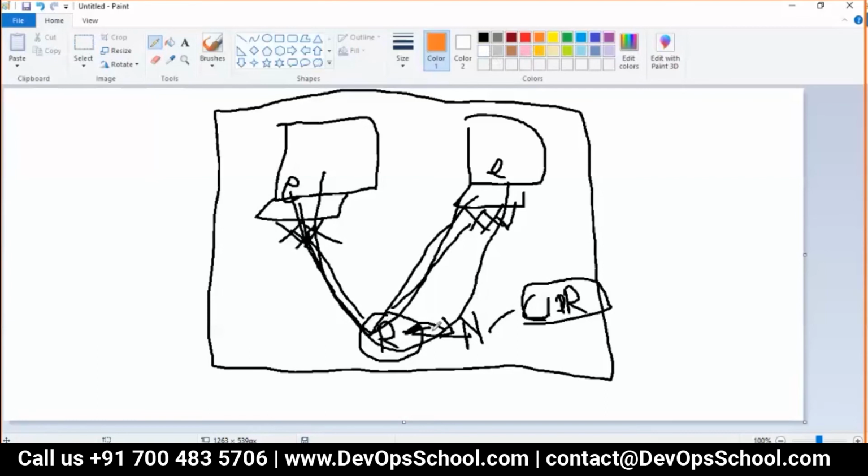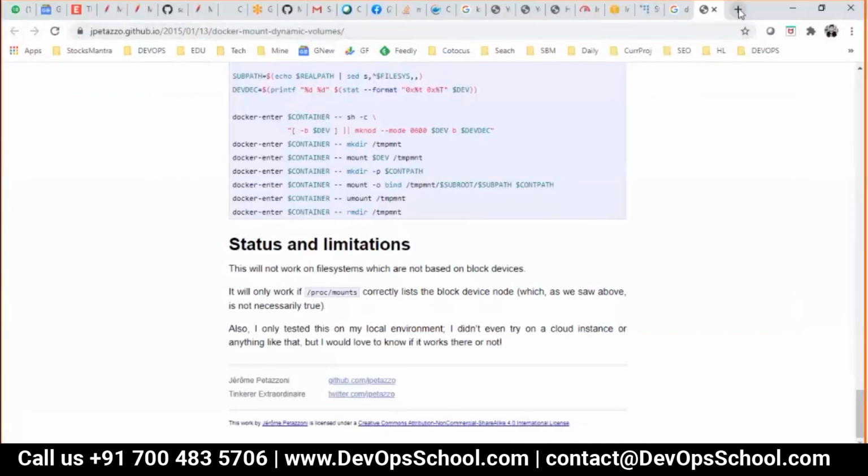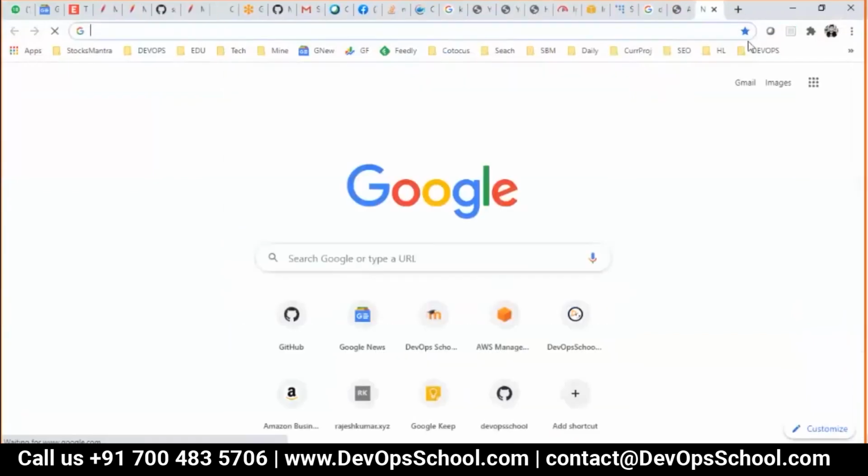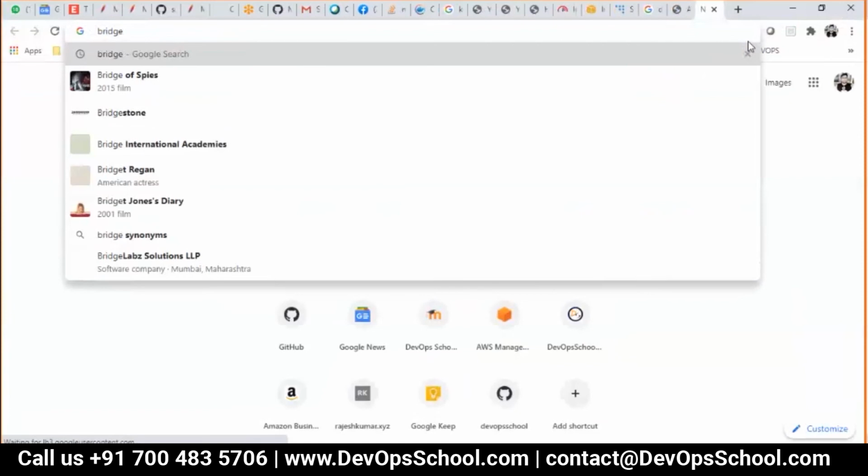So the router has one more component, which is called a bridge. What is a bridge? Let me put it this way. This is a bridge.